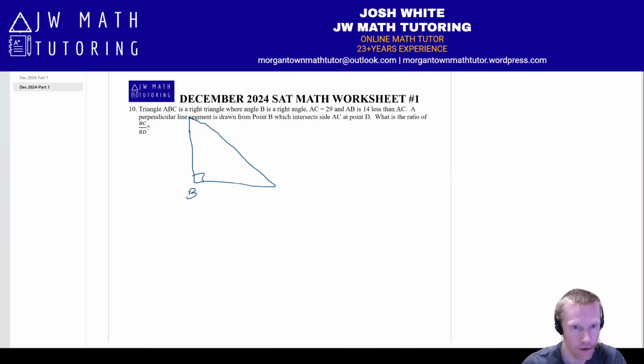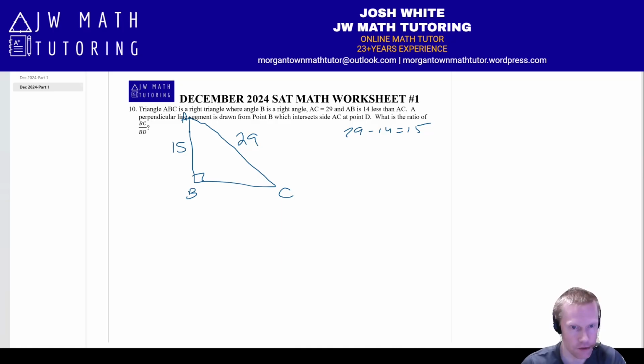Okay, B is the right angle, A is up here, C is here, hypotenuse AC is 29, AB is 14 less than AC, so 29 minus 14 is 15. This side right here is 15. Okay, now, basically you draw this, where they talk here about drawing a perpendicular line segment from point B to